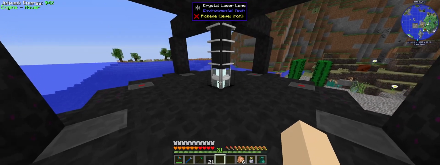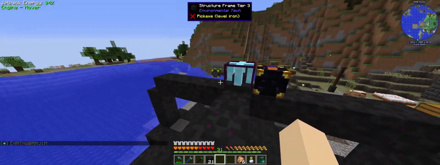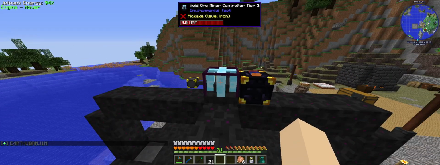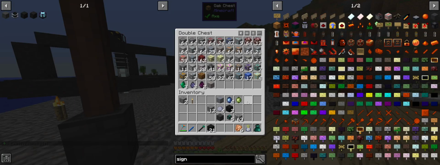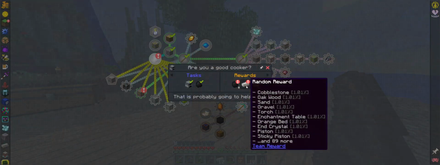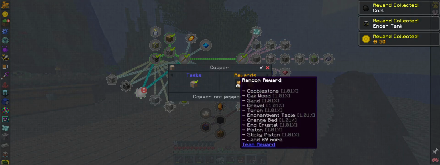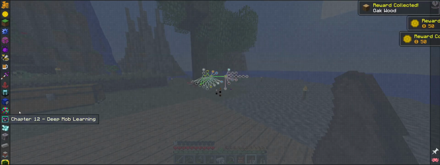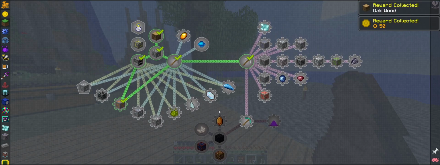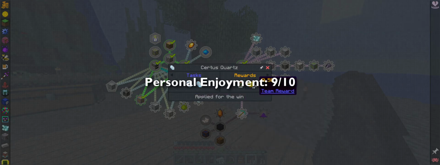Finally, for the least important score, my personal enjoyment. I love tech packs. They're my bread and butter when it comes to modded Minecraft, and this is like a tech pack on steroids. It has all the things I love: a beautiful quest book, an in-game shop, countless machines to learn and craft. There's automated mining, massive structures to generate and store power. What's not to love? I think I can safely give this pack a 9 out of 10 for personal enjoyment,